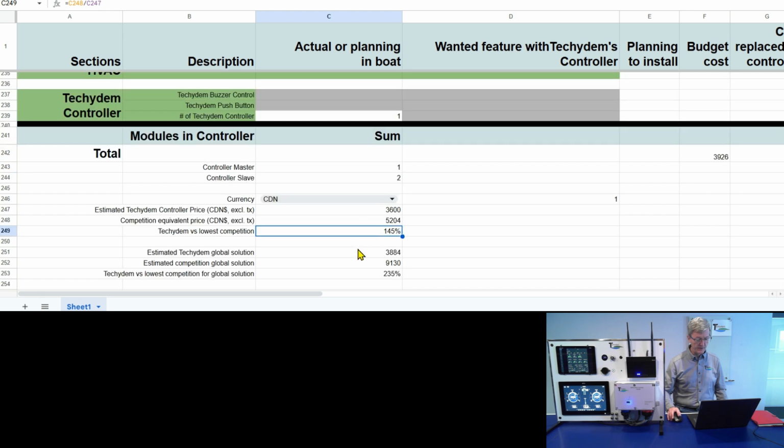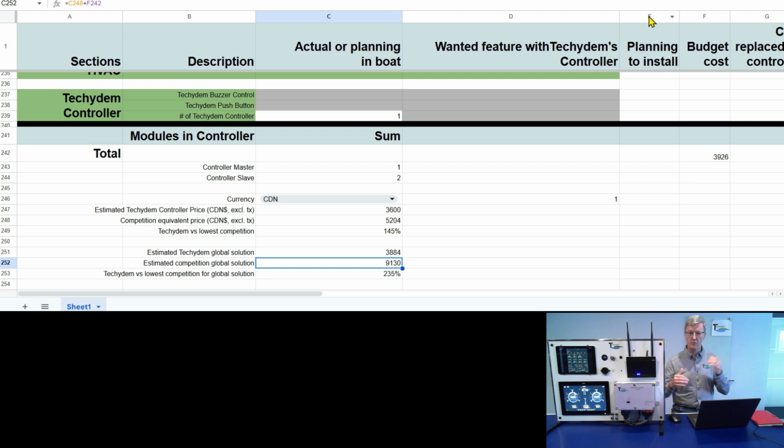The estimated global solution, what is it? It takes into account the NMEA 2000 cables, all the different gizmos that are required, and also the different specific features that I showed before, like for example the intermittent wiper.